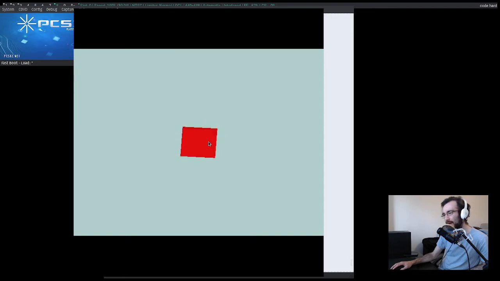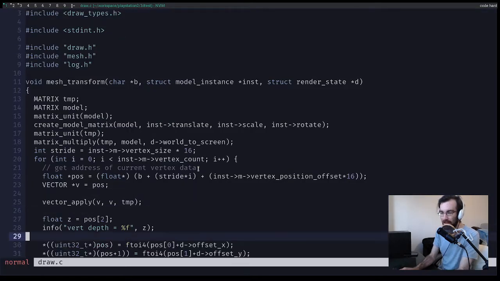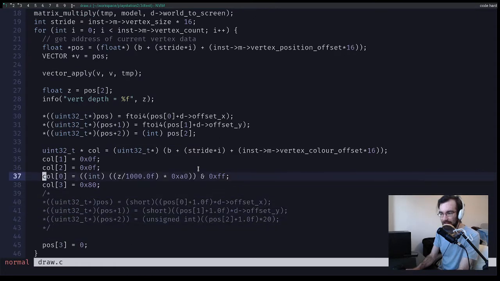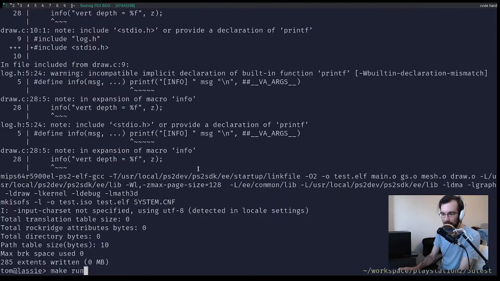I wonder as well if we're actually drawing the faces in the wrong order. So what happens if we come in and multiply our z by -1? That would be in draw.c. When we calculate our final z, let's just chuck, hold on, no, where is it? Z pos2 equals int pos2, let's go -1 times this. Now if we build it, run it,